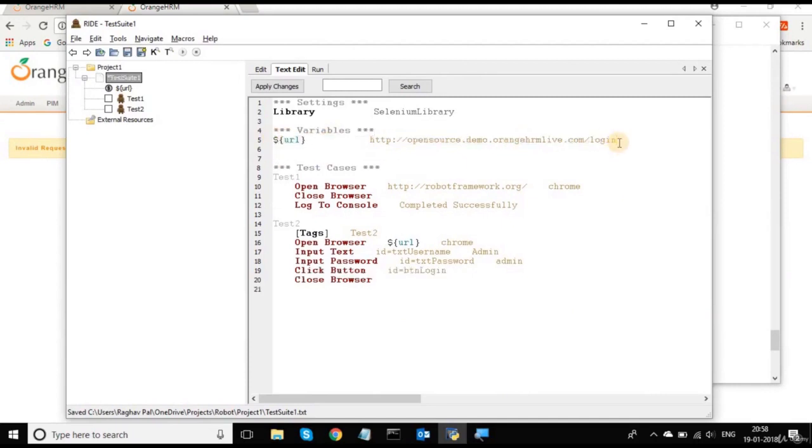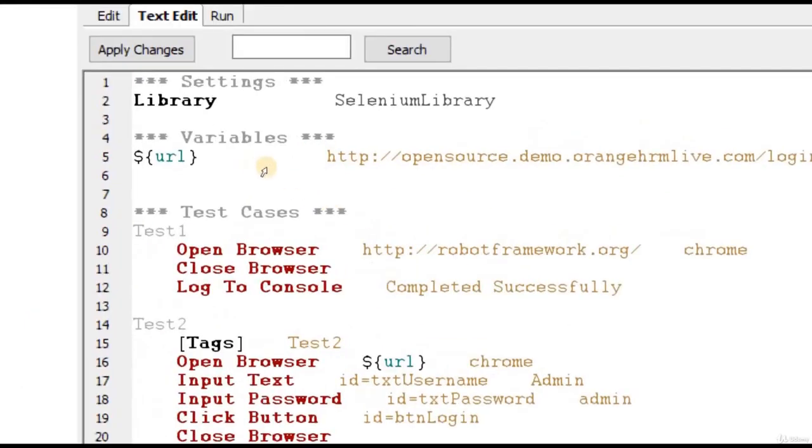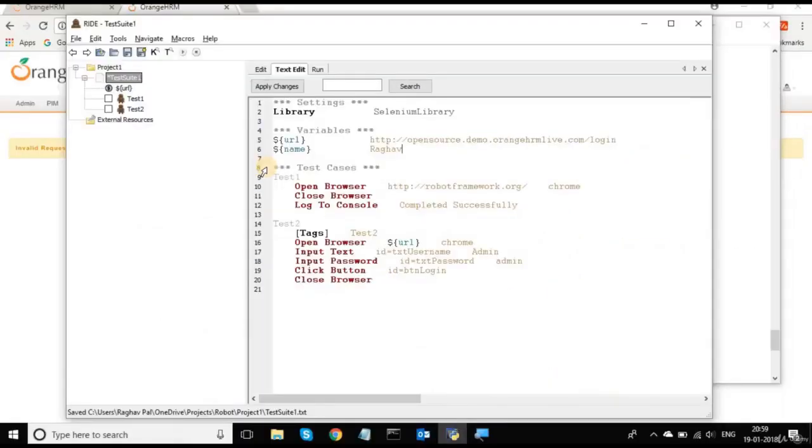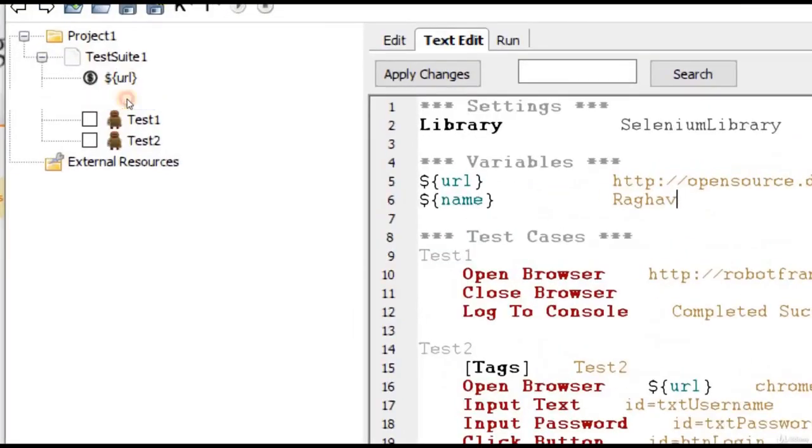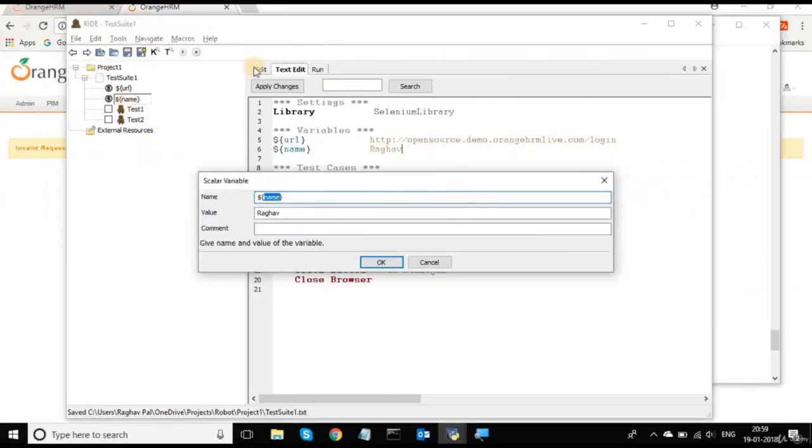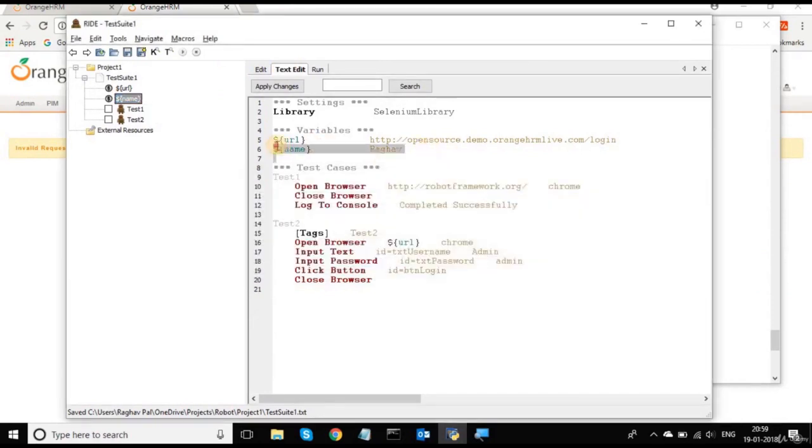So for example, if I say here dollar name, and after some spaces I say Raghav. So this has also become a new variable, and you can see it has come here as well, right? So you can create the variables from the text edit mode or directly as well. So let me for now just remove this,